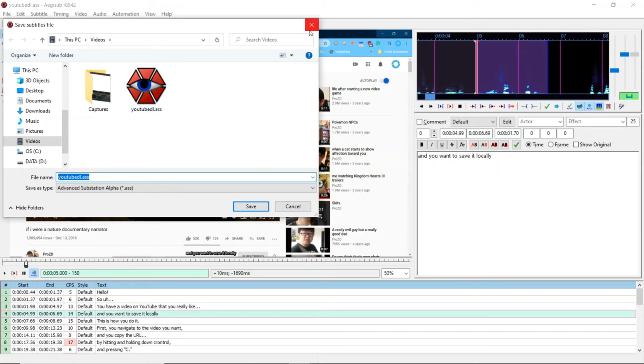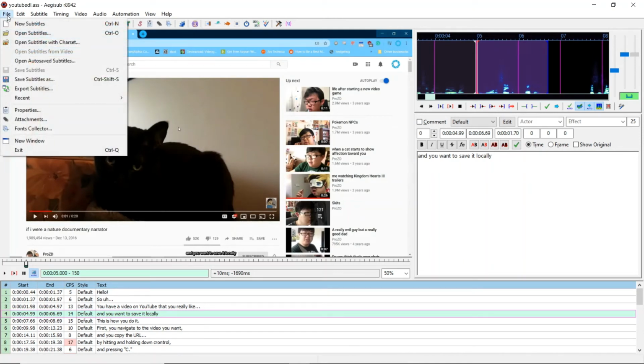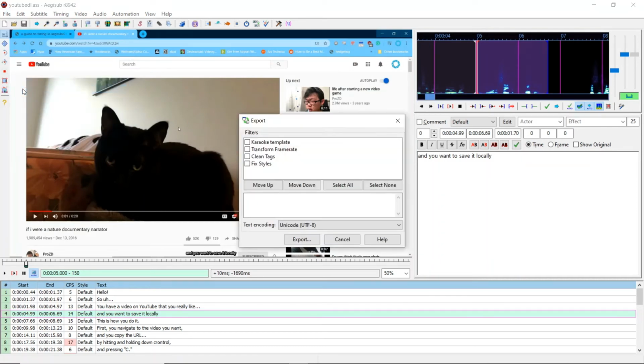However, that's good, but it doesn't really have really great compatibility with a lot of players. So what you'll do after you save them is you're going to export your subtitles. And you can do that by just hitting export,